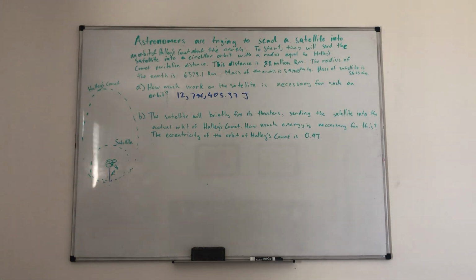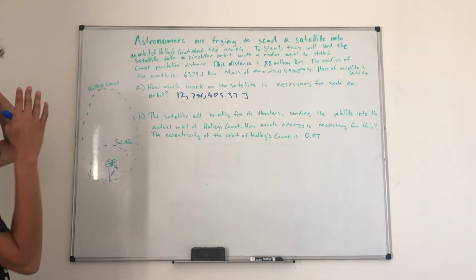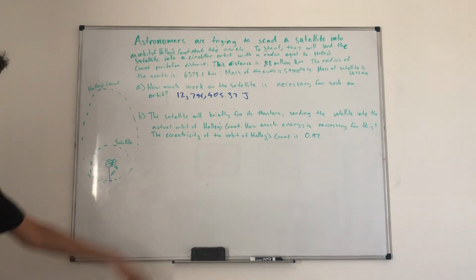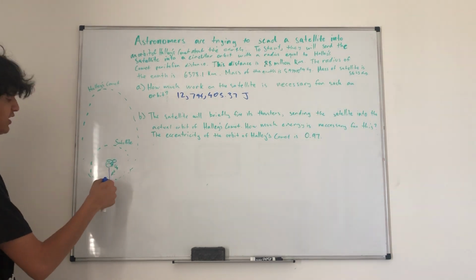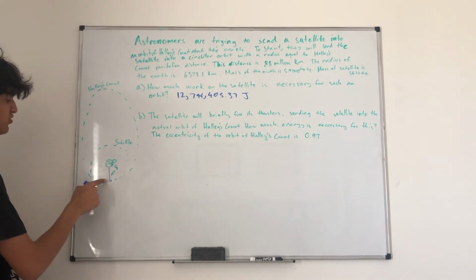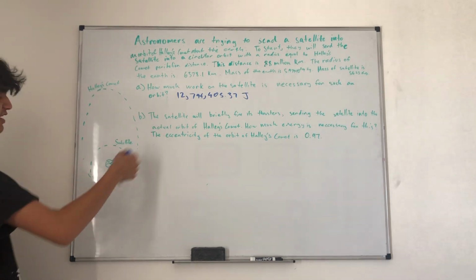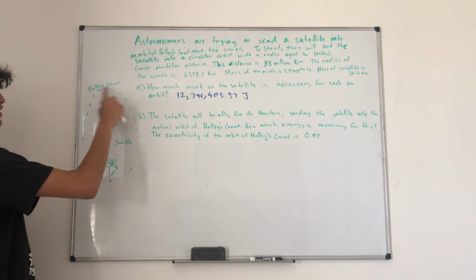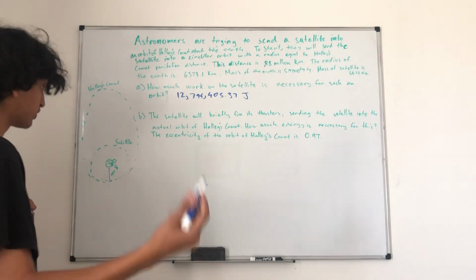Now that we're in the circular orbit, the satellite will briefly fire its thrusters, sending the satellite into the actual orbit of Halley's Comet. How much energy is necessary for this? The eccentricity of the orbit of Halley's Comet is 0.97. What's going on in this part is that we're moving, and then right here, the way I've drawn it, you would fire your thrusters so that you'd be moving really fast, and then you can sort of escape that gravitational field to an extent, right? Because you're going to start heading back, but then you will be able to get the actual orbit of Halley's Comet. In the last video, we derived that for an